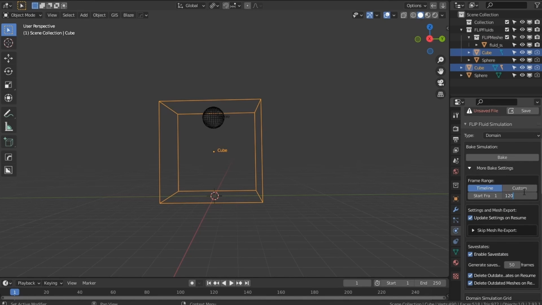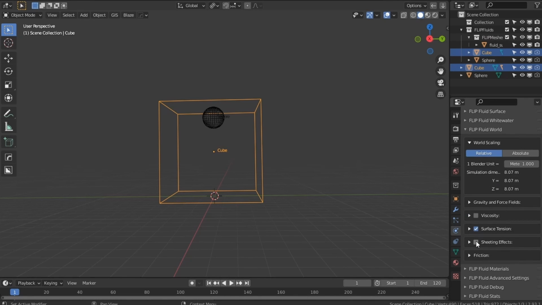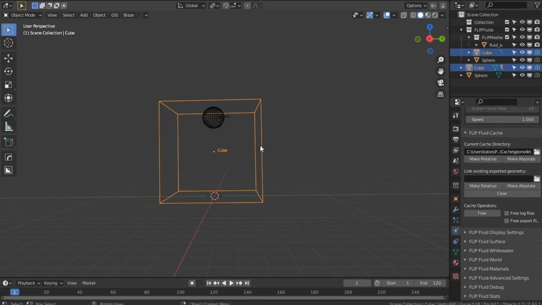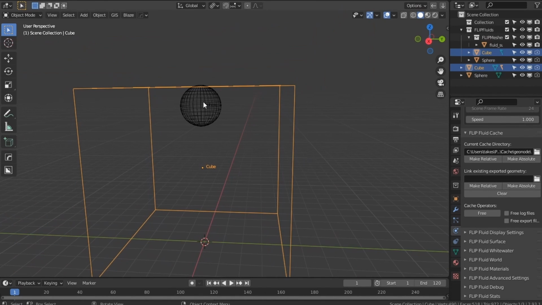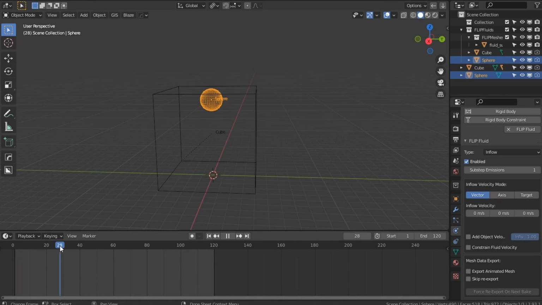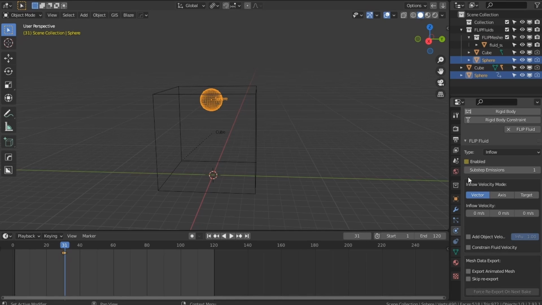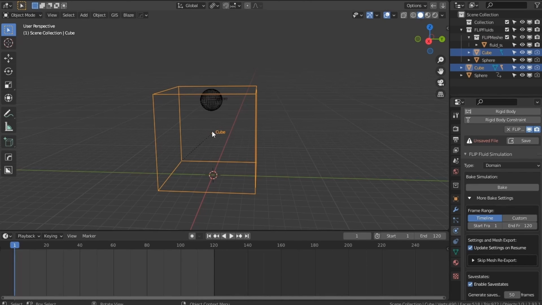Also change the frame, so not that big. And as last time, surface tension heating. Now, if we bake this now, it's just going to be water going down until we tell it to stop, which we should do. So on frame 30, 31, I'll have it stop, and then the rest of the there. So that's our keyframe, whatever. So if we bake this now, it's just going to be falling straight down, no changes,